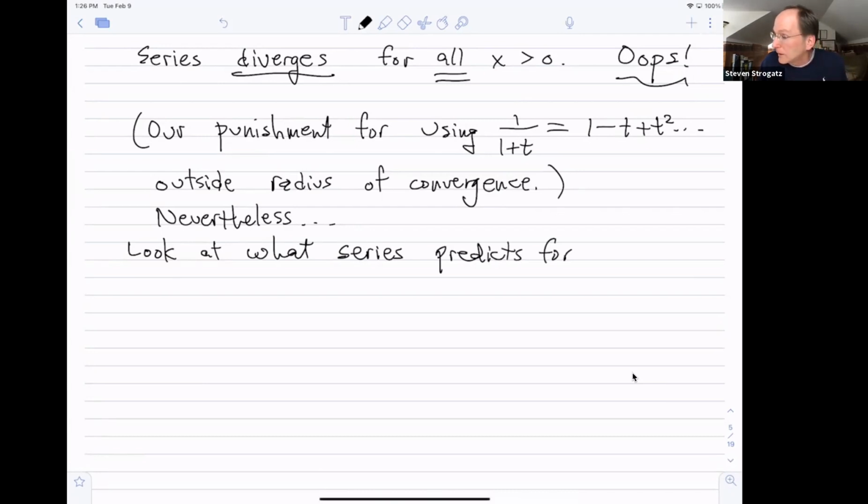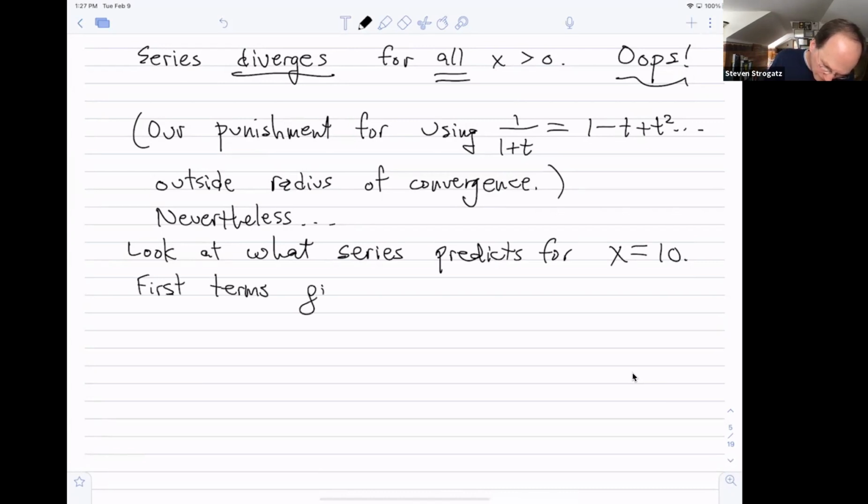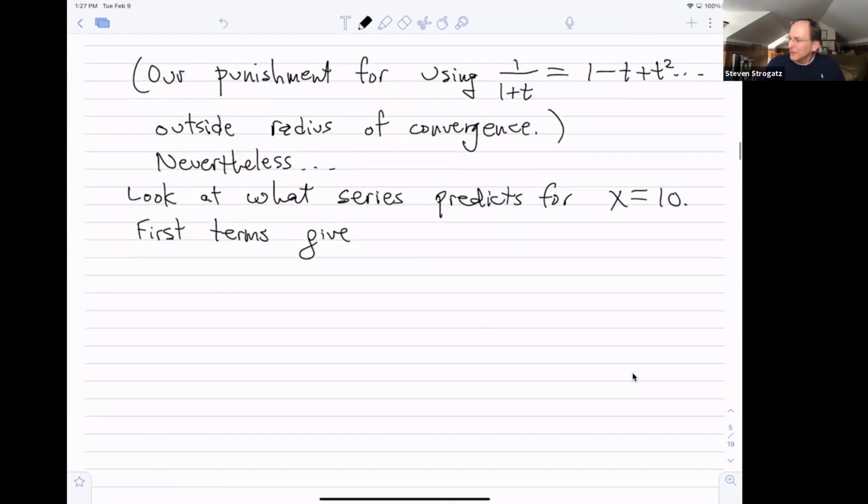I don't know, let's say for x equals 10, which is big, but not gigantic. 10 is a convenient number because powers of 10 are very recognizable in decimal. So the first four terms, if we take those, would give us